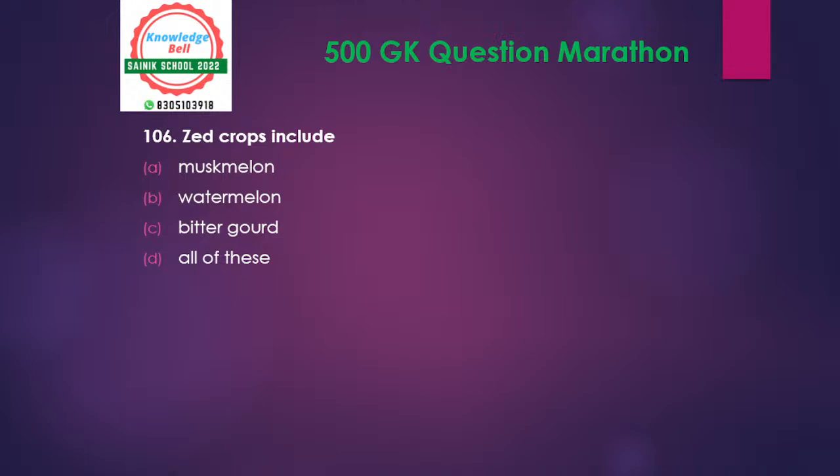The next one: zaid crops include muskmelon, watermelon, bitter gourd, or all of these. What is included in zaid crops? Correctly answered. Good evening, Roshan. After very, very long days, I am seeing you back in the class. So, zaid crops include. Now, zaid crops, as I told you,